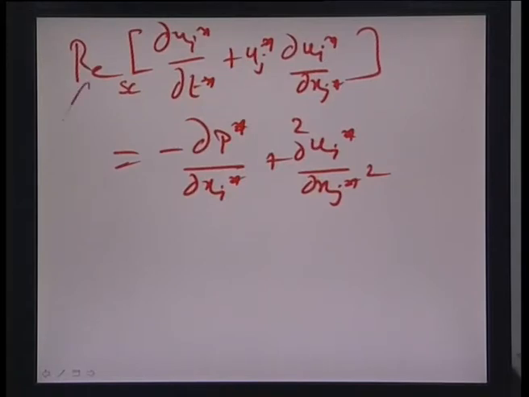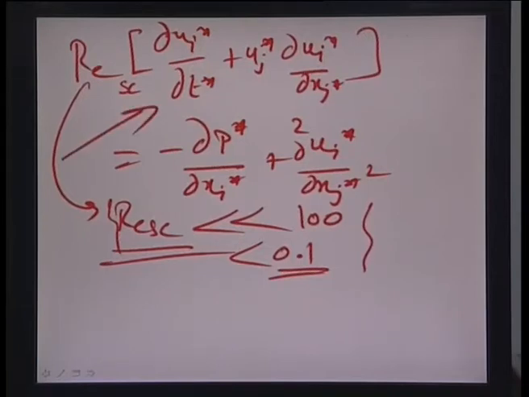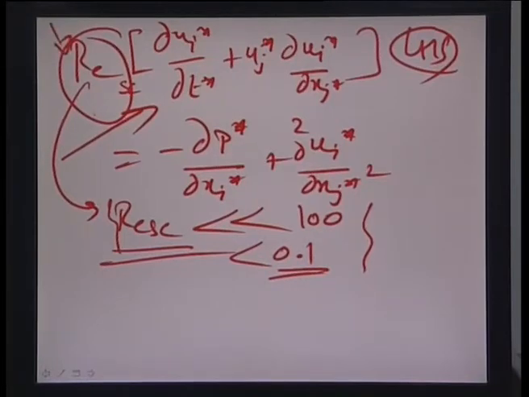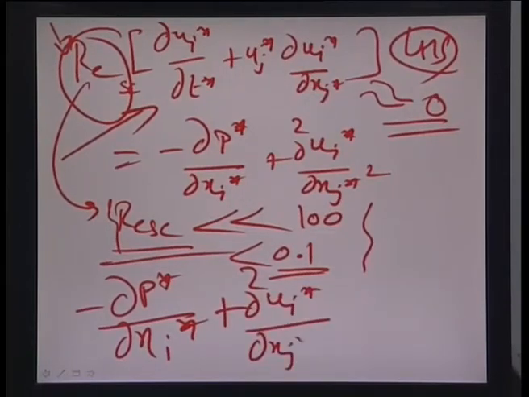Now, as we know, the Reynolds number at the scales that we are looking at is really small. It is almost always less than 100 and very often less than 0.1. Reynolds number is very low, and therefore the contribution coming from the LHS of this equation is overshadowed by the smallness of the Reynolds number itself, and the LHS vanishes. You can say that this is negligibly small and it is 0, and therefore the Navier-Stokes equations finally turn into minus del p star by del x i star plus del 2 u i star by del x j star square